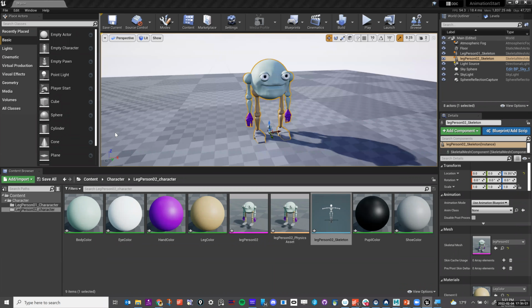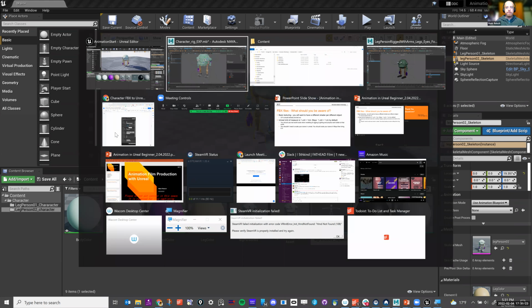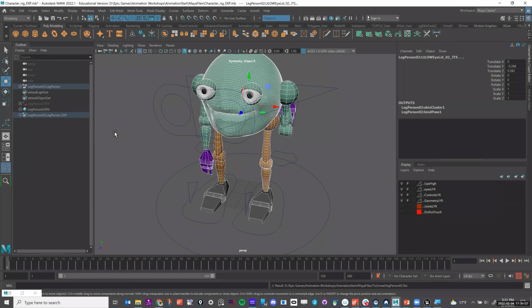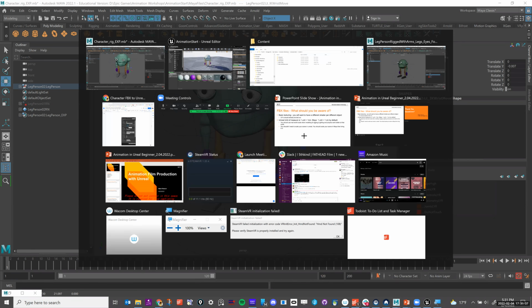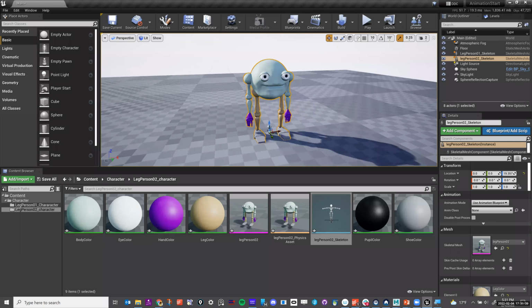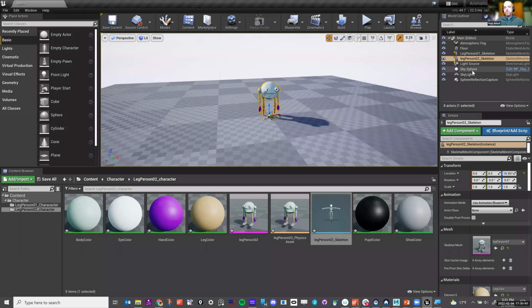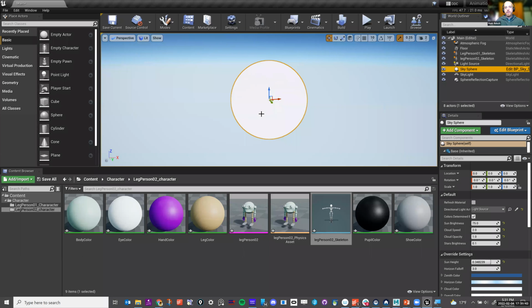I have just one question, sorry. Sure, go for it. So in Unreal, if you zoom out too far, do you get put out of the scene or the sky sphere? Because I think I got put outside of the sky sphere at one point, and I could not see any of my characters for a while. You mean like this thing, that if you select the sky sphere and you hit F like that, you're out of there? Oh, okay, yeah, then that's what happened because I got zoomed out.